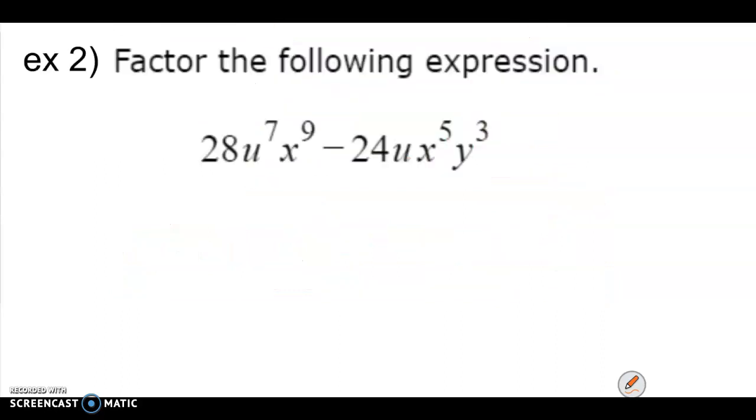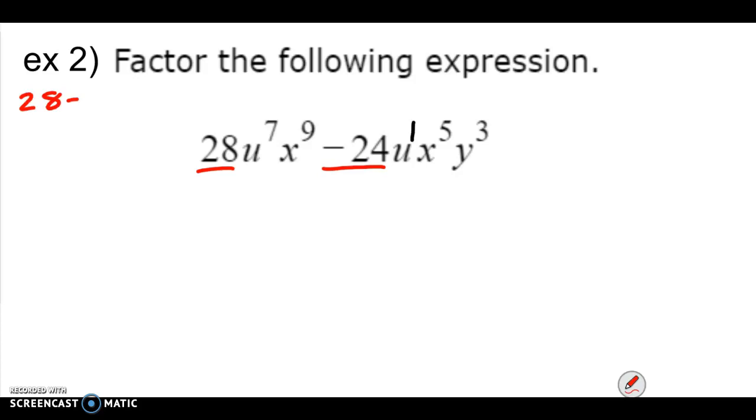So the next example is the same thing. First of all, we need to be very careful when we have a variable without an exponent on it. You've got to remember that that's an exponent of 1. Now, when we talk about the biggest thing they all have in common, well, the 28 and the negative 24, the biggest factor that they have in common,